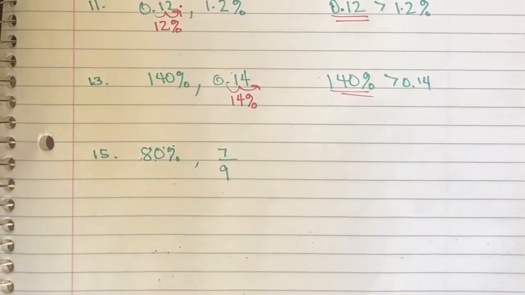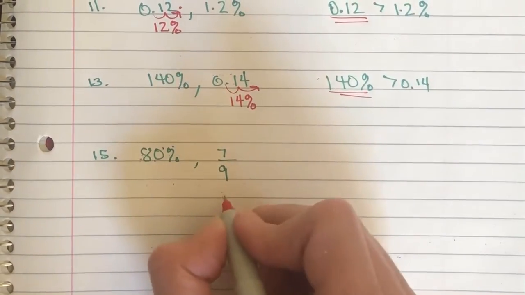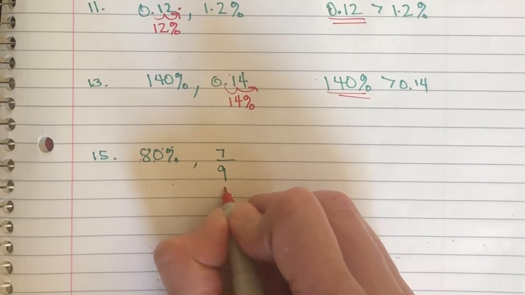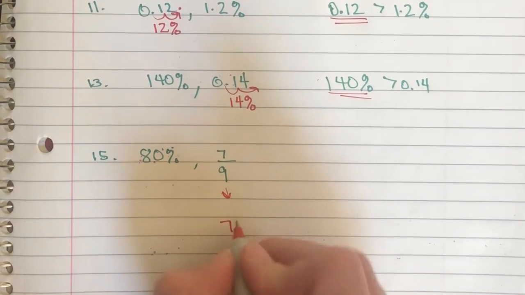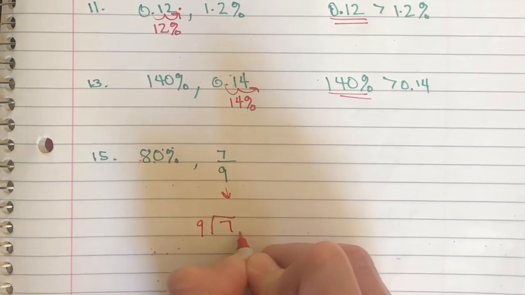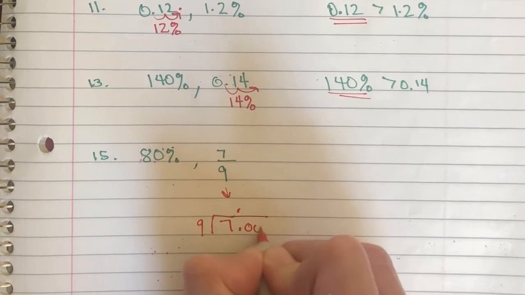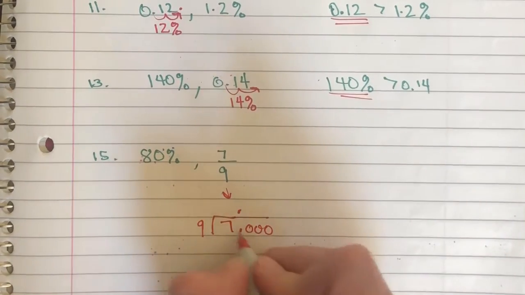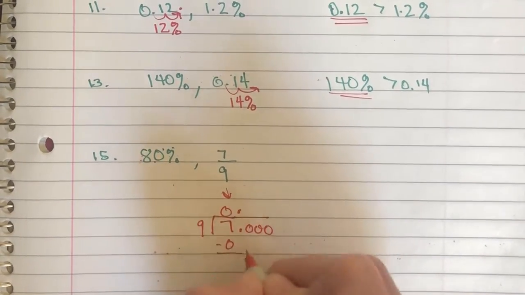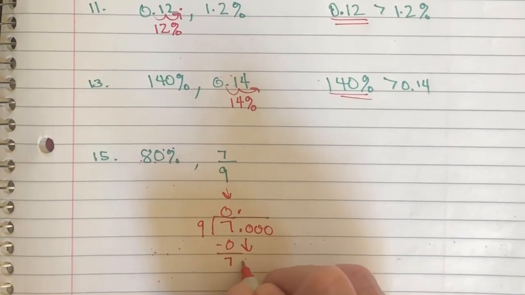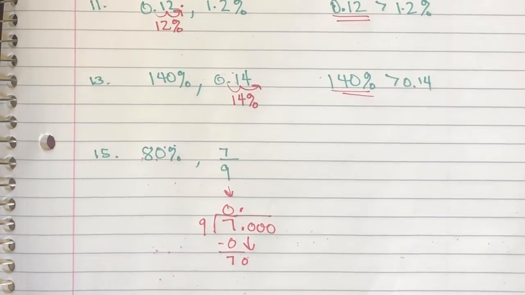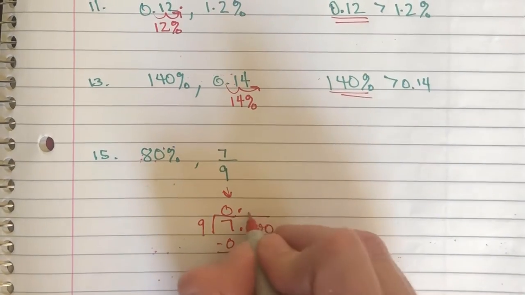And it might not go in evenly to 100. So I'm going to divide 7 by 9, numerator by denominator, decimal hop a couple zeros. 9 doesn't go into 7. 9 does go into 70